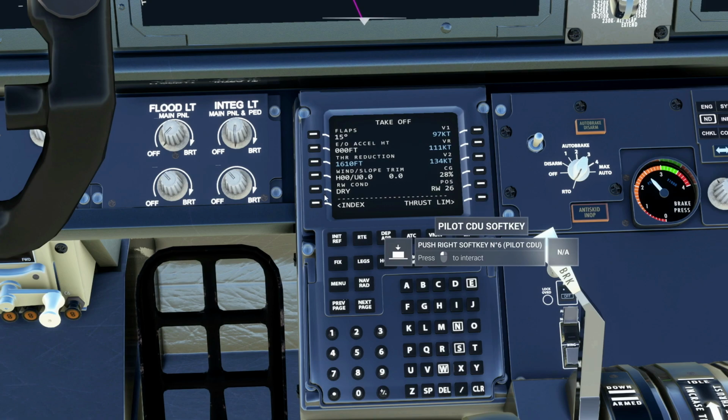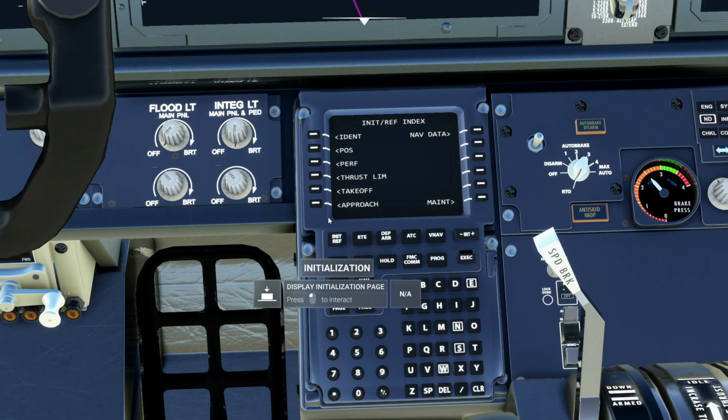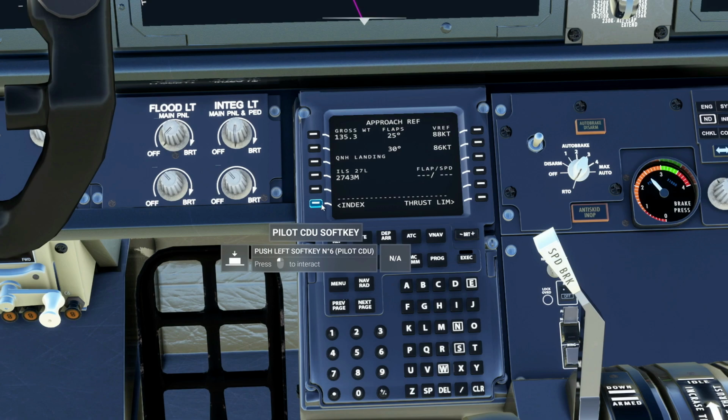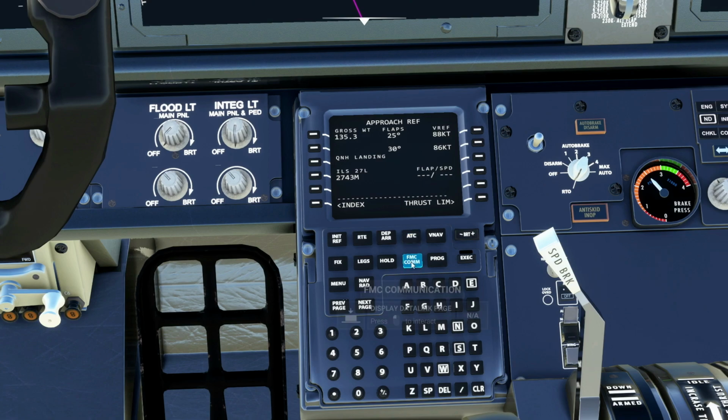we can go back. So go back here, and then we go to approach, and then approach here is showing us our gross weight, is showing us our flaps, where they should be at. So say we land full flaps at 30 degrees. So we can go ahead and put in our flaps and speed. So I'm gonna go ahead and put in, say,